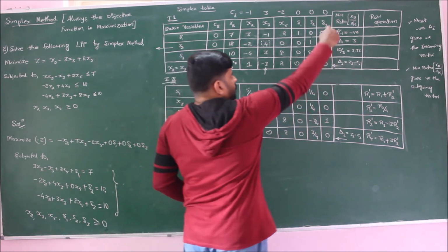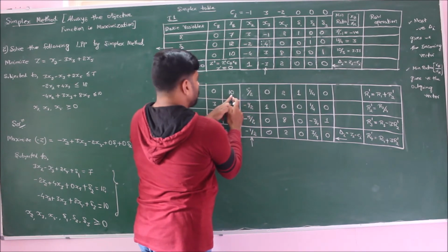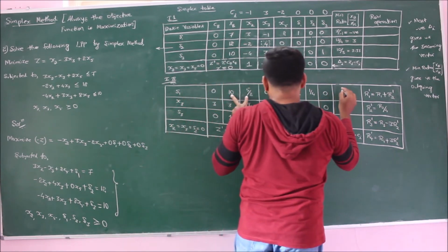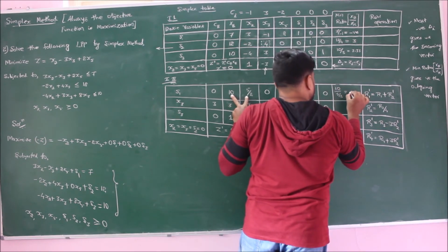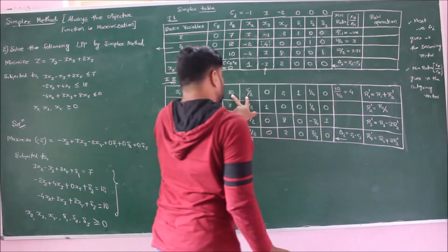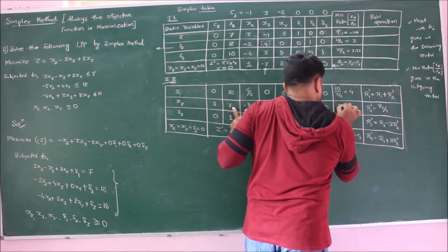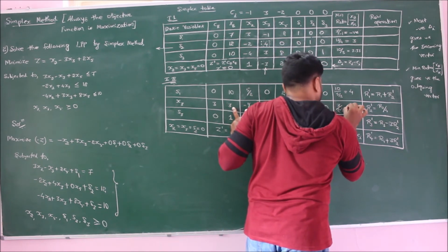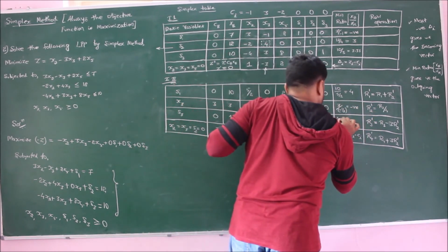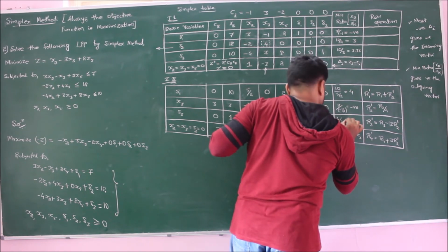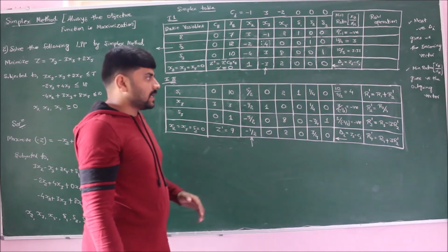Now calculating the minimum ratio of xp by xk, which will become xp by x2. So therefore if I calculate here, it will be 10 divided by 5 by 2, which yields us 20 by 5, which is nothing but 4. Here I have 3 divided by minus 1 by 2. No need to calculate because this is a negative value. Here also we have 1 divided by minus 5 by 2. No need to calculate because this is a negative value, negative values are not considered.